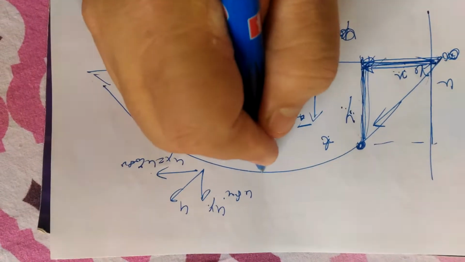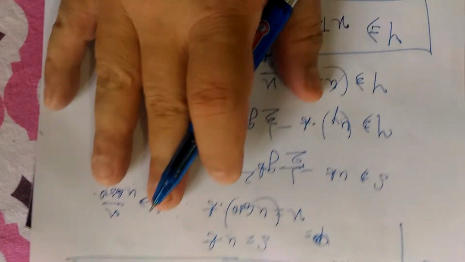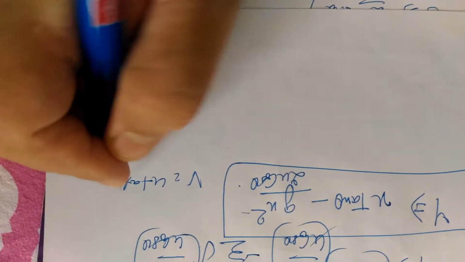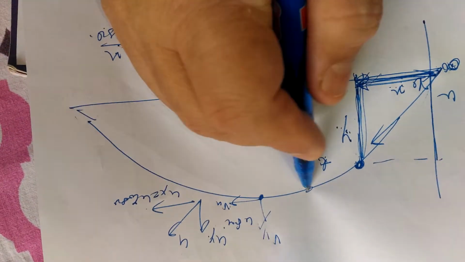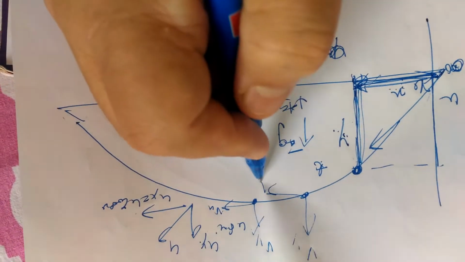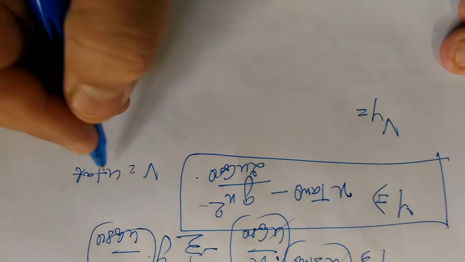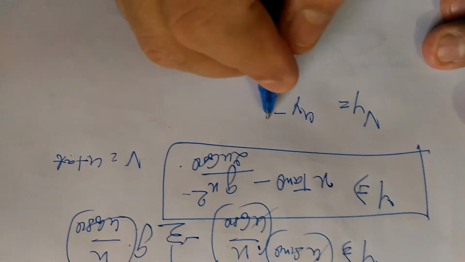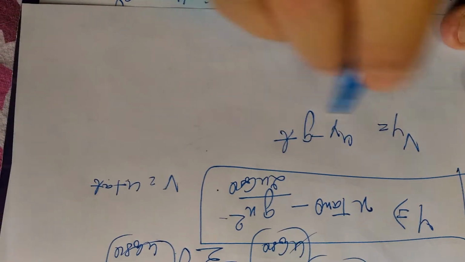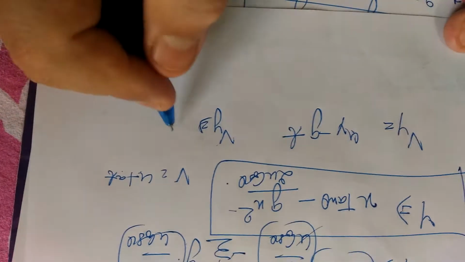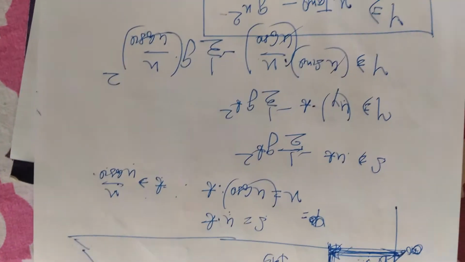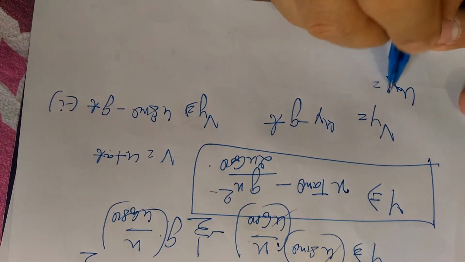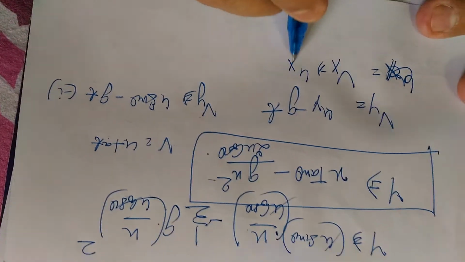And in order to find the velocity at any point, you can use the third relation, that is v is equal to u plus at. In the vertical direction, the velocity will have two components, vy and vx. This is not the highest point, say somewhere here, say vy and vx. So the final velocity vy is equal to the initial velocity uy, a is minus g because of vertical motion, into t. Therefore vy is equal to u sine theta minus gt. This is the first relation. In the second relation, vx is equal to ux, but the acceleration in the horizontal direction is 0.